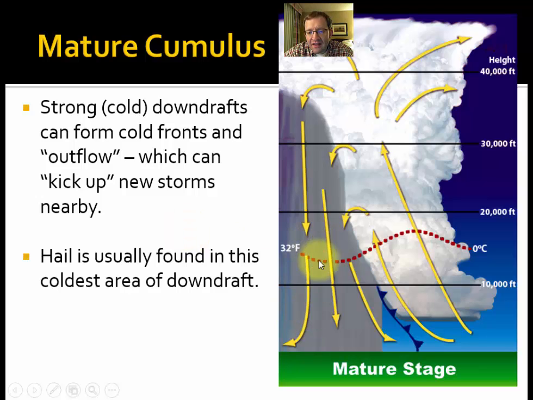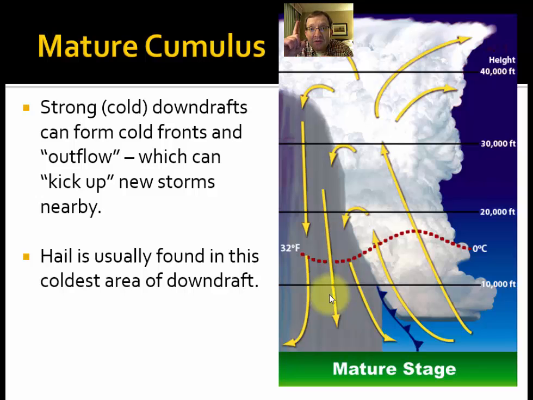And you'll also find that in this area where the air is coming downward in the cold spot in the back, that's where hail is going to be found. Why is this air so cold? Well, a big reason is it's coming from a long ways up, and it's cold up there. Plus, rain is condensed water, and that cold rain that you feel in the middle of a rainstorm, those cold raindrops start hitting you on the back. You've been out in the hot summer heat all day, and now it's starting to rain these icy cold